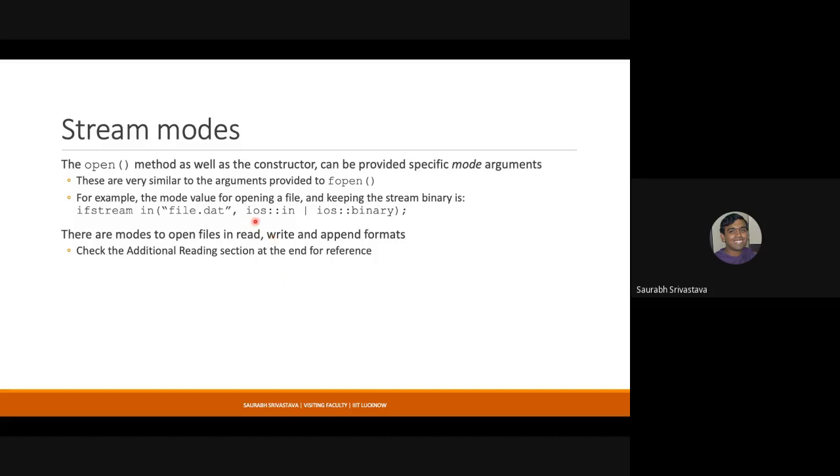And in C we used to simply write RB. Here we use this OR operator. This is the bitwise OR, by the way. This is not the logical OR. And this is a common way, not only in C++ but in Java also, where we create these things known